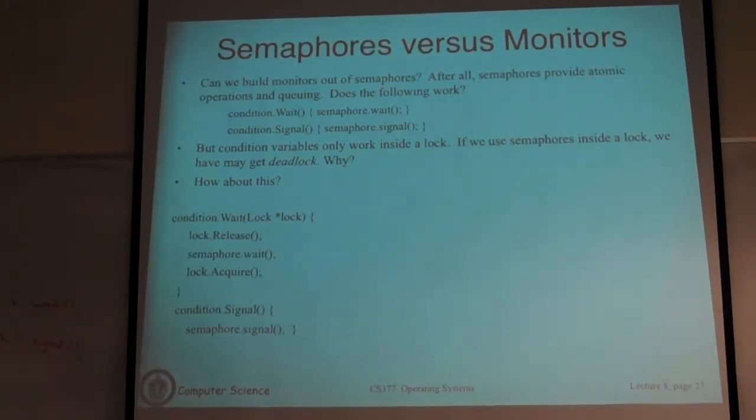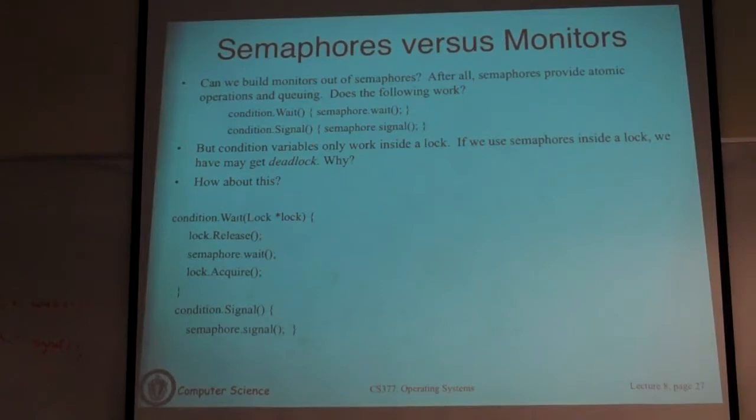Okay, that's a good recollection of what I said two classes ago. So a semaphore is an integer. A semaphore is essentially an integer object that has two methods, a wait and a signal. Wait always decrements the semaphore, and if the value goes negative, you cause that thread to block. That's the definition of a wait. If after the decrement the value is negative, then you block. If the value is not negative, you continue. Decrement and continue, or decrement and block. This is what happens on a wait.